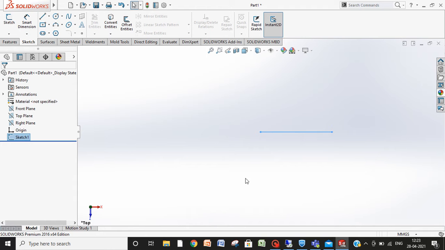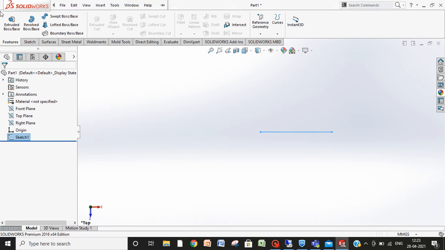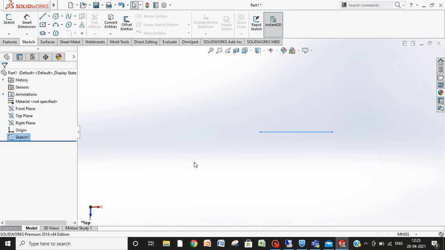To convert it into 3D, go to features and use all these commands: extrude, revolve, and we will do all the commands one by one. So that's all for today. Other things we will come across when we learn about the commands.